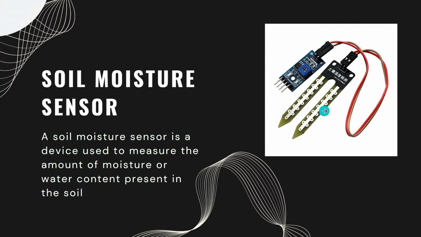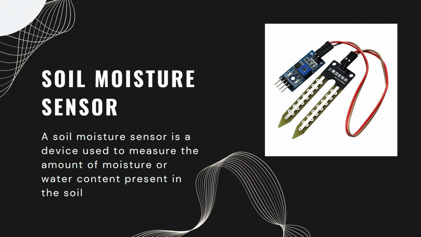Coming to the soil moisture sensor, it is an electronic device that measures the amount of moisture or water content in the soil. It is an essential tool for farmers, gardeners and landscapers who need to monitor the soil moisture level to ensure that their crops or plants are getting the right amount of water or not. There are different types of soil moisture sensors available in the market, but most of them work on the principle of measuring the resistance of the soil to an electrical current. When the soil is dry, it has high resistance. It decreases as the soil becomes moister.